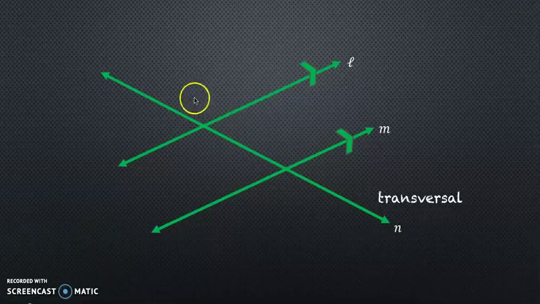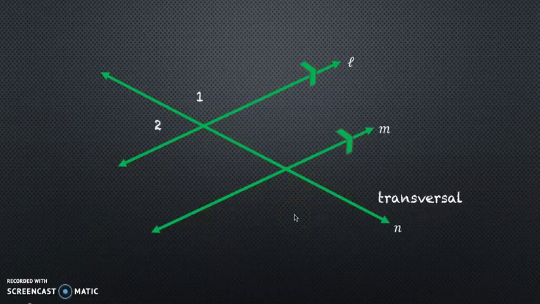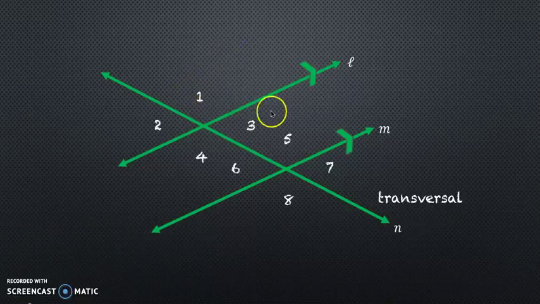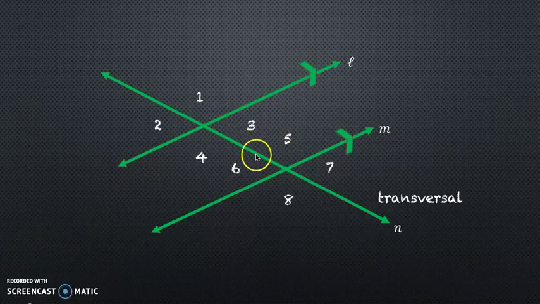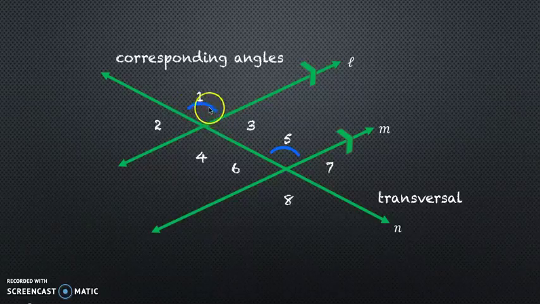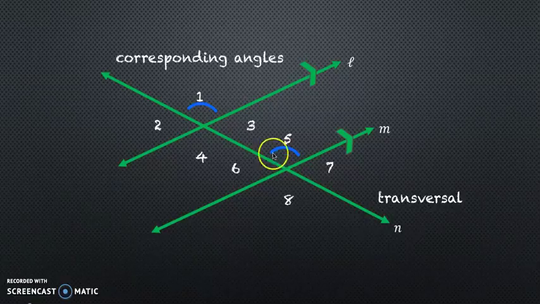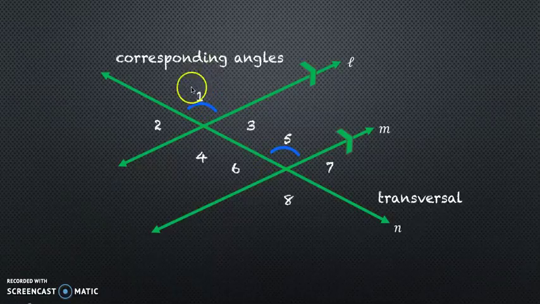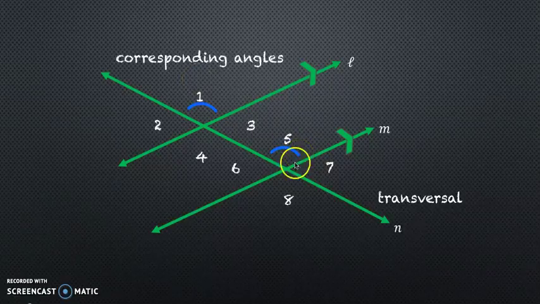And you'll notice that the transversal creates a series of angles. Now these angles are all related to each other. So here we have angle 1 and we have angle 5. And you'll notice that they're both in similar positions. Those are called corresponding angles. Corresponding angles are noted with this little arc here. That tells you that not only are these angles corresponding, but they are also congruent to each other, meaning they're equal. So if angle 1 has a value of 135, we know that angle 5 has a value of 135